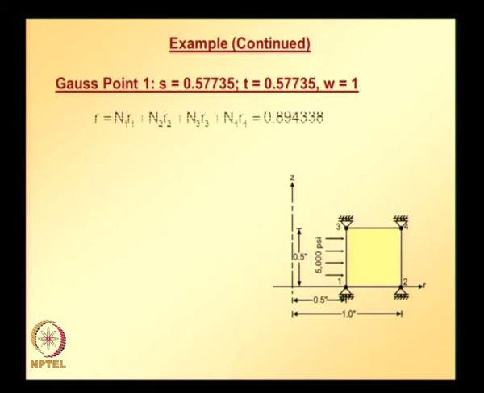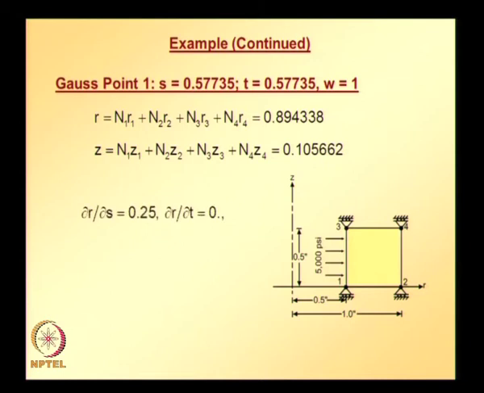So, at integration point 1, S and T coordinates and weights are shown there. Using the isoparametric relation R is equal to N1 R1 plus N2 R2 plus N3 R3 plus N4 R4, we can easily find the R value at this integration point by substituting S and T values. Since R1, R2, R3, R4 are already known for this particular element, similarly the Z coordinate for this integration point is given by this, and these are required to calculate the rest of the quantities,